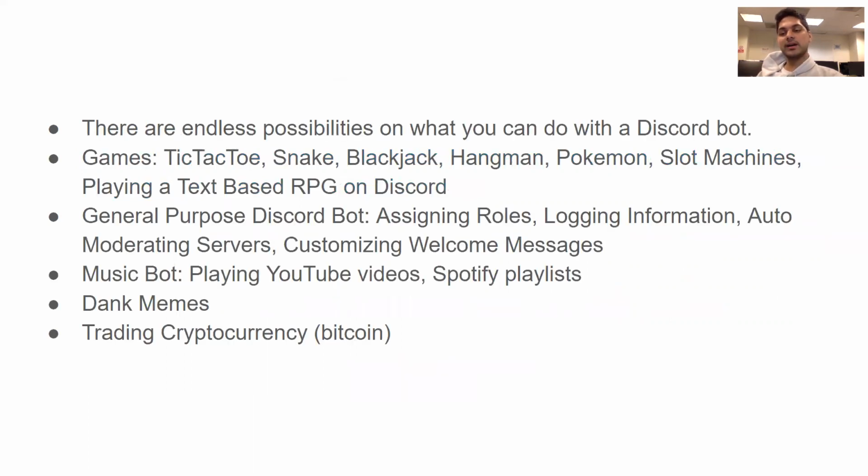There are so many possibilities that you can do with your bot, but you're limited to your knowledge. I know a lot of you are new to programming, and that's okay. You can still do a lot of things, like the anime commands that I made. They just work with the random module. It doesn't have to be super complicated.